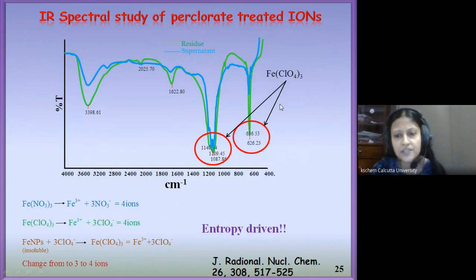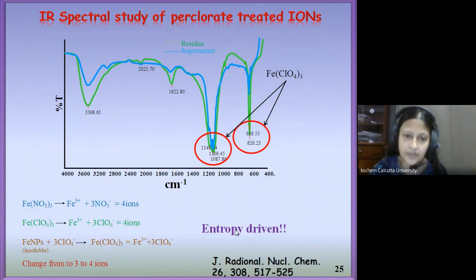The IR spectrum of the perchlorate treated nanoparticles shows the presence of perchlorate in the medium, and we can see that when iron nitrate dissociates, it produces 4 ions. When our iron perchlorate dissociates, it produces 4 ions. But when iron nanoparticles are exposed to perchlorate ions, there is a change from 3 number of ions to 4 number of ions. So this is an entropy driven process,